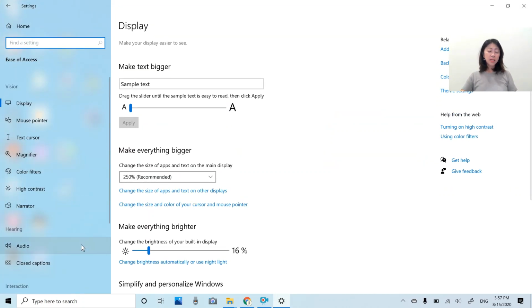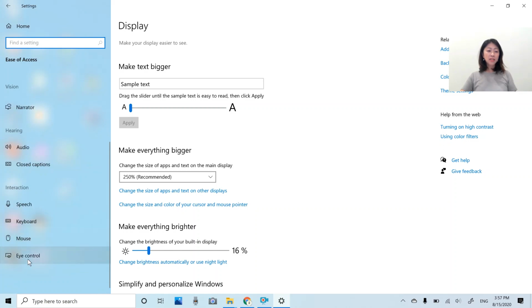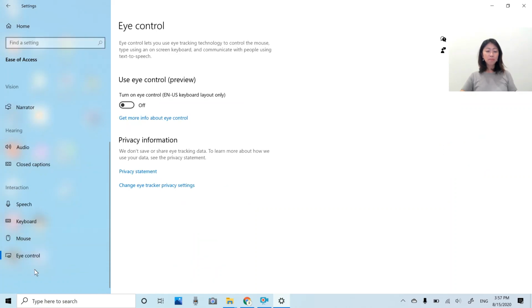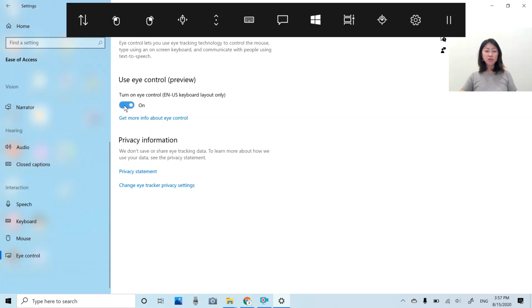And on the side menu, scroll down and click Eye Control. And then under Use Eye Control, click this button to turn on the eye control feature. So once I click that button, it brings up the launchpad with control icons.